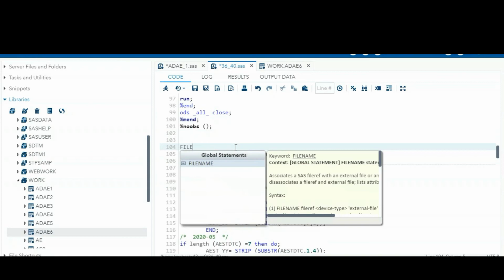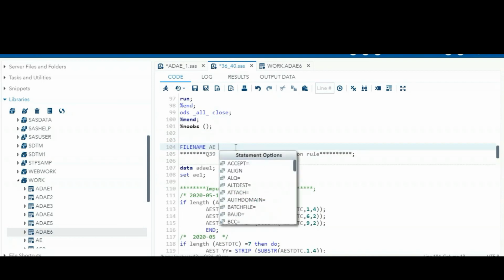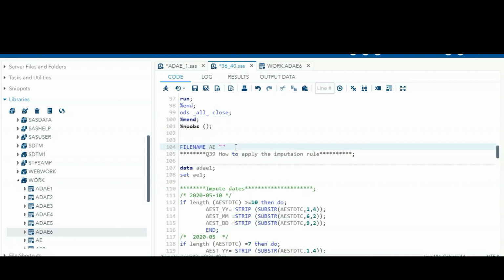Okay, so first you can mention the file name. For example, this file name is AE file name. You can give the path, some XX path where you want to send this log. Give this particular log name.